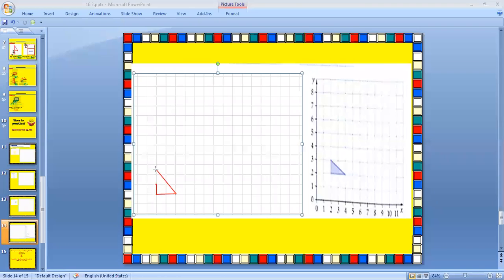And the center is 1, 1. So this is 1, 1. Here is our center. Let's start the enlargement. We're going to count from the center to each corner